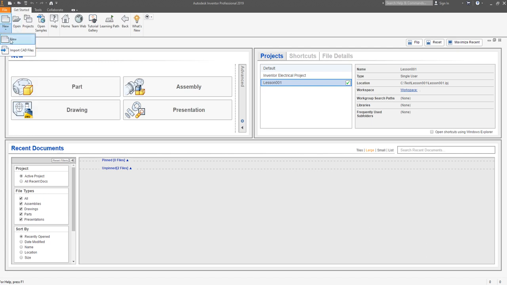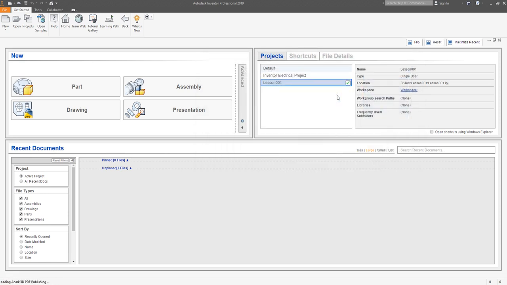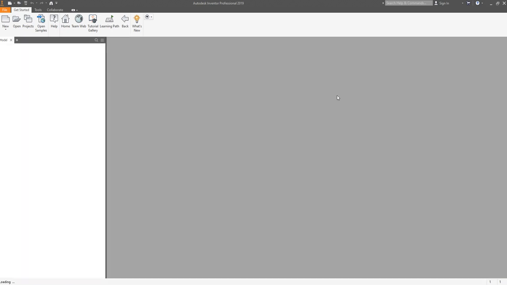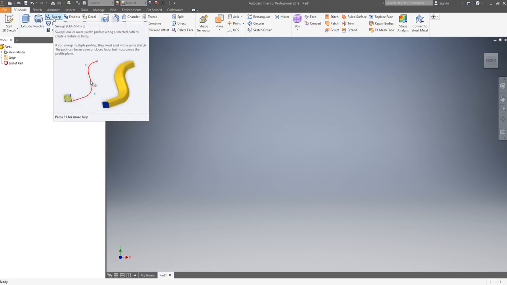New, let's select standard millimeter part. Okay, from the top we can see sweep. If we leave the cursor there, we will see the principal sweep. So we have a profile sweep along a spline or path.